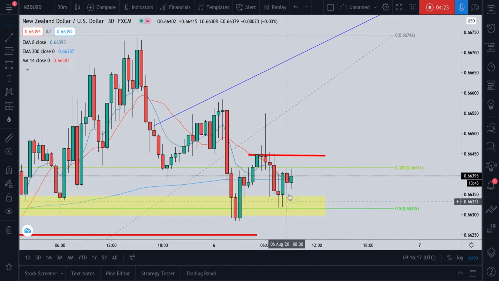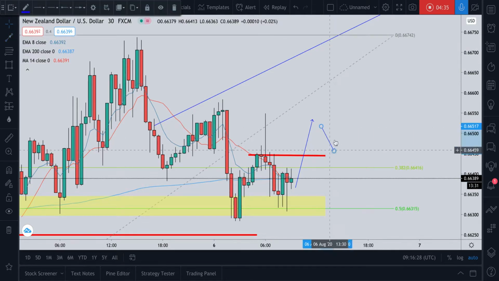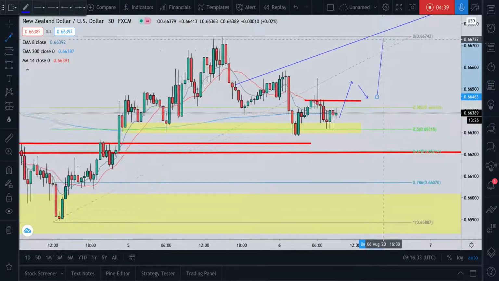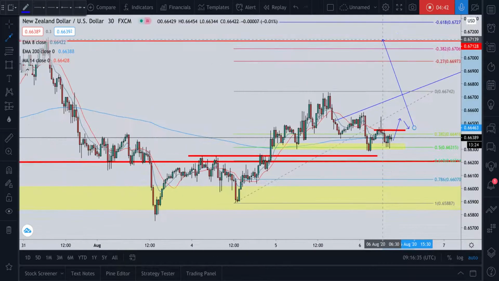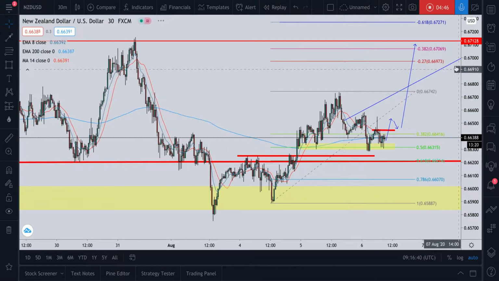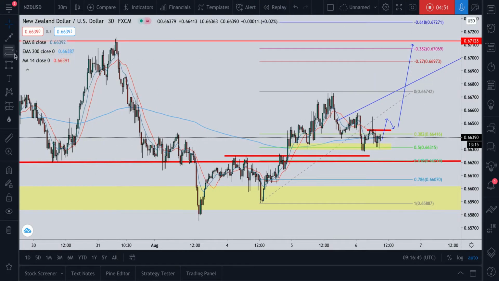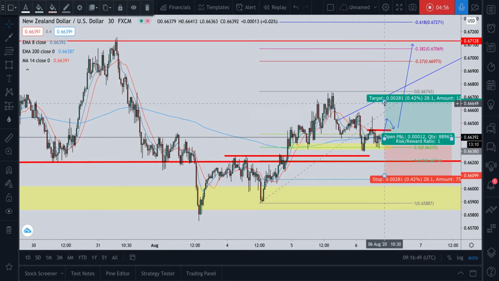We see a nice big rejection here. We need to see a big pump to the upside. We need to see rejection and a break of this structure here in the M30, kind of a small retracement. Then we're gonna see long opportunities, not too far, to test the weekly high, which is around here. So that's key, and also it's aligned with the Fibonacci extension levels. So we're gonna look for long opportunities. Yeah. So nice trade